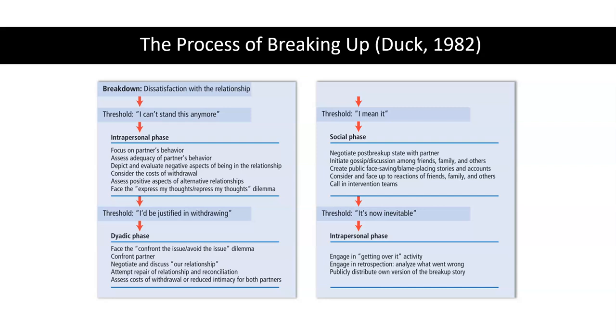Now, sometimes when people break up, it's mutual, it's agreed upon, and they can remain friends. That is not always possible, especially if people are breaking up in a state of anger and hostility. If people have hurt each other and harmed each other, then the situation can be different. Many times people report that they lose friends when they break up with a partner. And part of it is because when you have friends in common, you will have to cope with the fact that they're going to evaluate your choice.